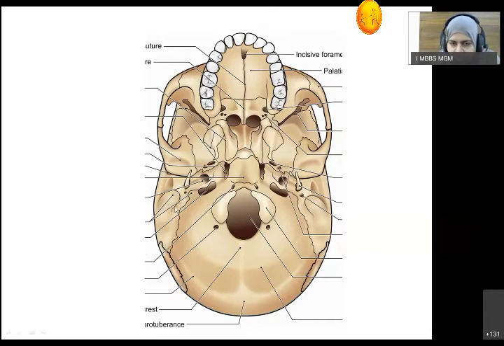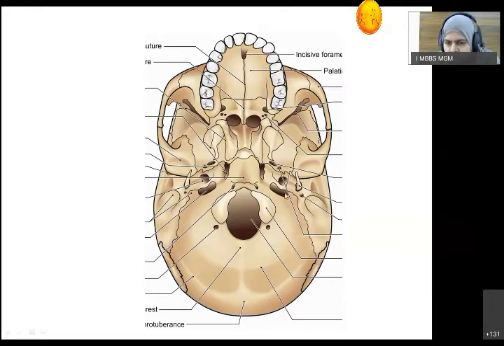Then, just medial to the mastoid process, there is one notch. This notch is present on the medial aspect of the mastoid process. Okay? So what we have seen in the medial part is the presence of the foramen magnum, occipital condyles, anterior and posterior condylar foramen, external occipital protuberance, external occipital crest, superior nuchal line, and inferior nuchal line.